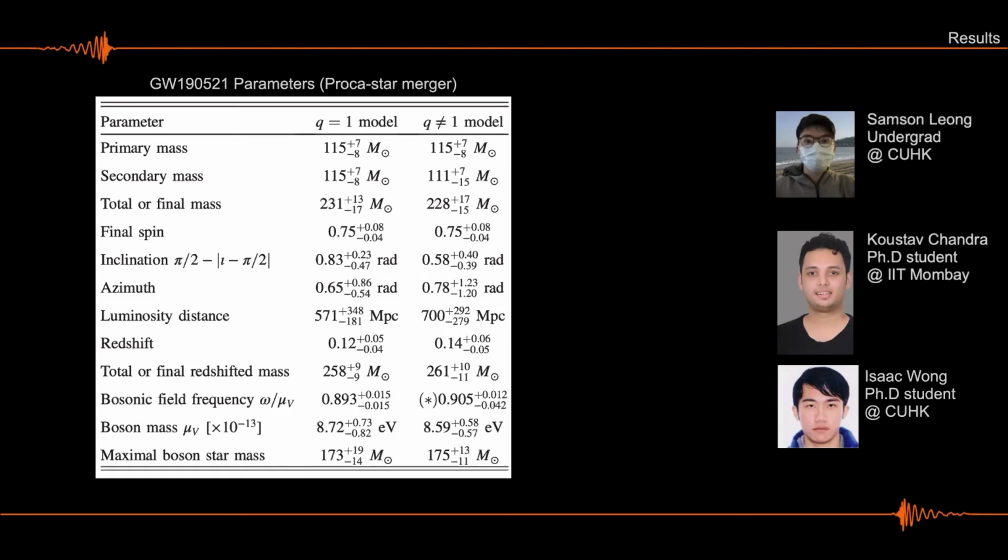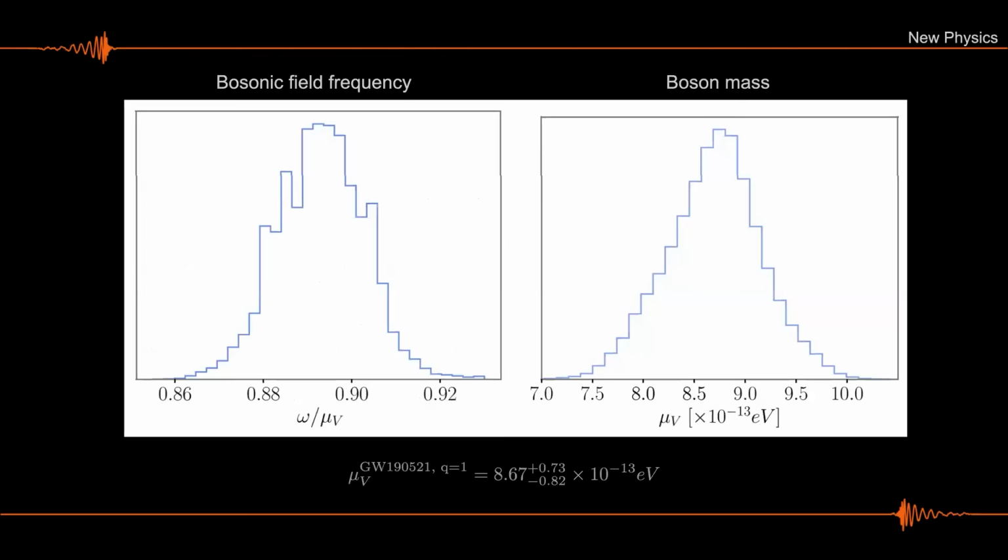And I'm gonna jump directly to the new physics parameters, or the characteristic parameters of the boson star, which is what we really were after. So we can measure the oscillation field of the two stars pretty well, or we can at least find the whole posterior. And from that, combining this with the total mass, we can infer a mass that is about 9 × 10⁻³ electron volts. So this is really an ultralight boson. And the funny thing, to me, the most interesting thing is that you exclude 0.